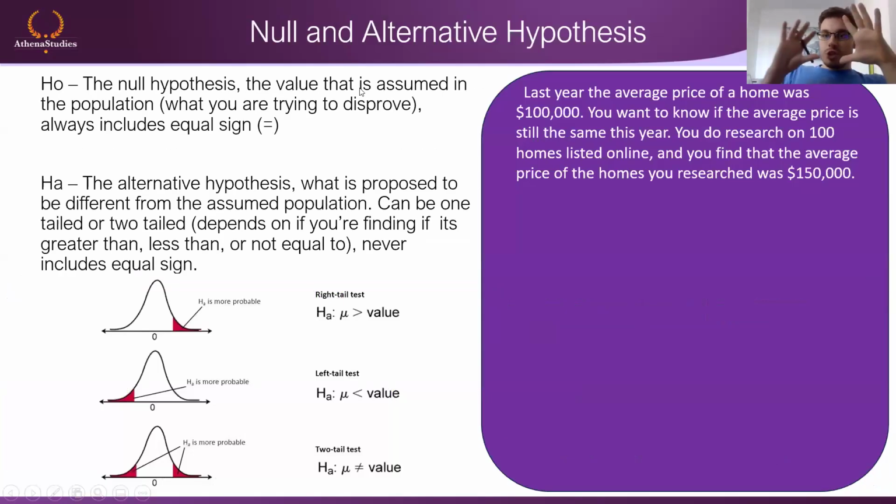So let's just formalize this entire process of everything I just talked about. So the first thing that we need to say, and the most important part of it, is the null and the alternative hypothesis. So what is the null and the alternative hypothesis? So basically the null hypothesis, we signify it with H0.